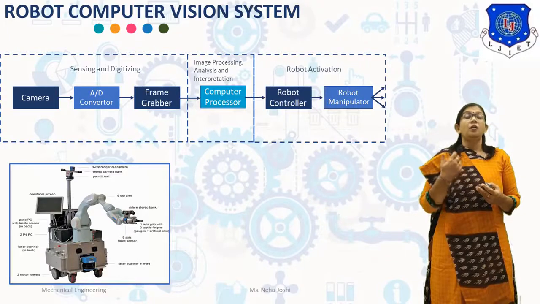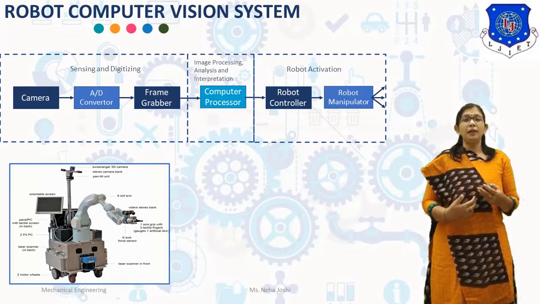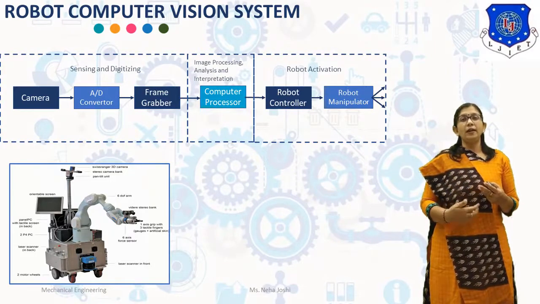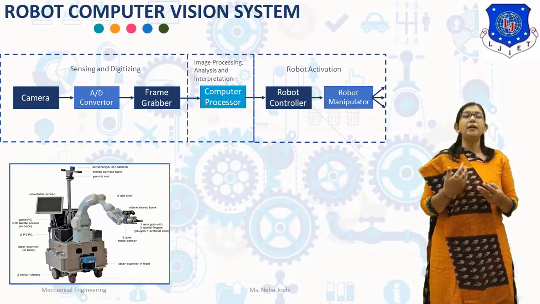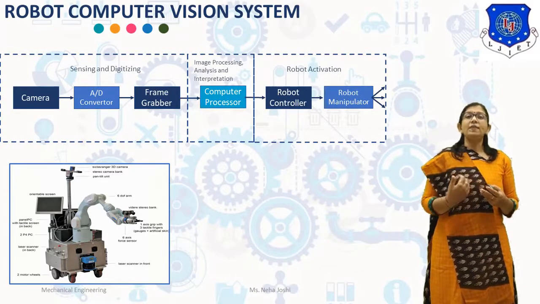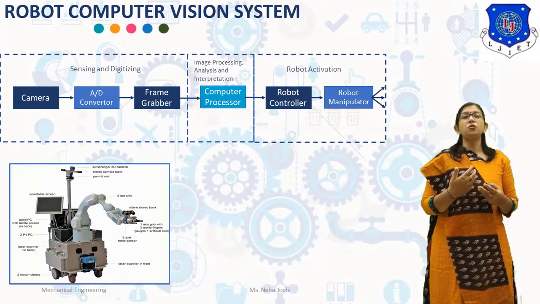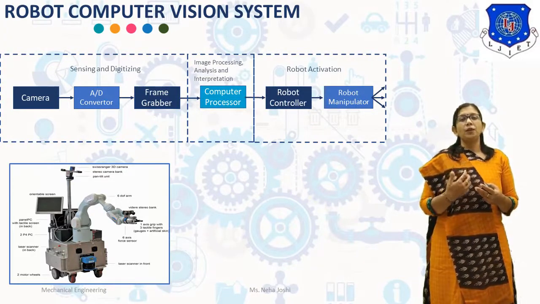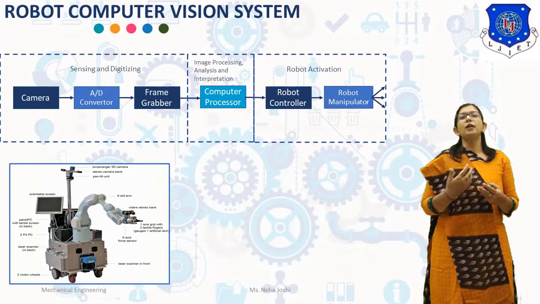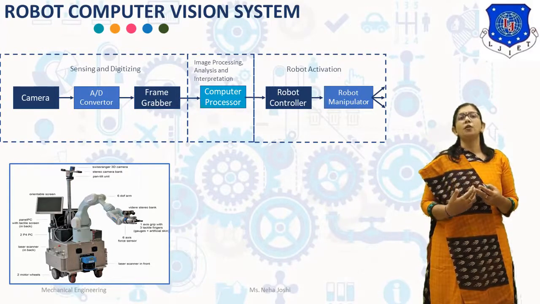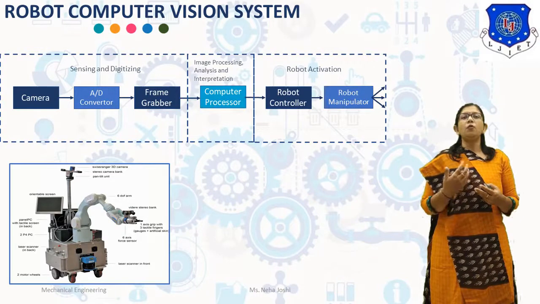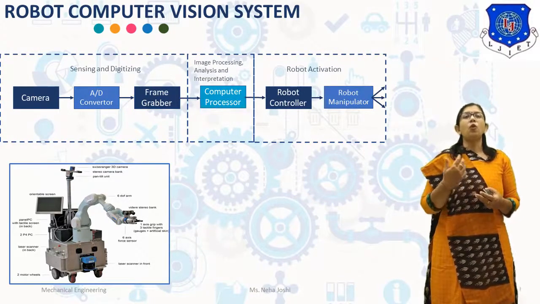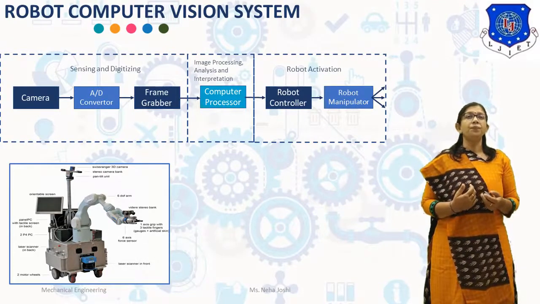Now, the applications of robot vision are divided into three categories: inspection, identification and navigation. The identification applications include part sorting, picking randomly oriented parts from a conveyor, palletizing and depalletizing. Now, what is navigation? Navigation is a process where, based on the input from the robot vision system, the action of the robot is controlled. The navigation applications include reorienting the parts which are moving along the conveyor, and robot path planning to avoid collision in autopilot vehicles. So this is about the robot computer vision system.